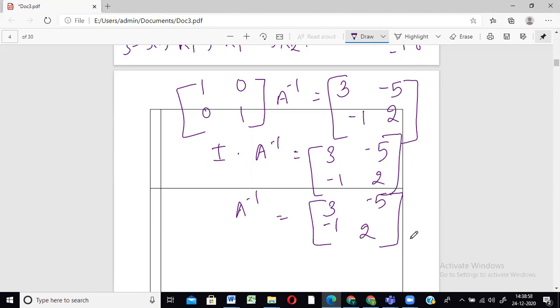And not just that, as I said about the uniqueness of identity. जैसे अभी the example that I took, 2 into half always gives me 1. अगर मैं 2 into half लिखने के बजाय if I write half into 2, that would also give me 1, right? So that is same as writing A into A inverse is equal to I, या फिर अगर मैं लिखूं A inverse into A, that is also going to give me I only, correct? Because वो inverse के साथ वो multiply होके again we're going to get I only, right?